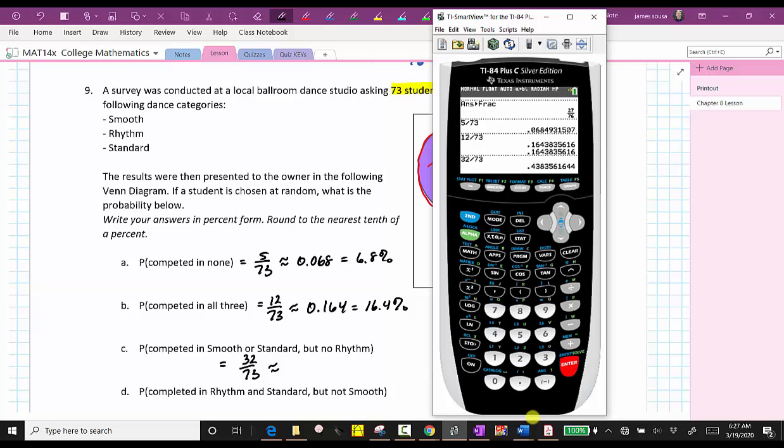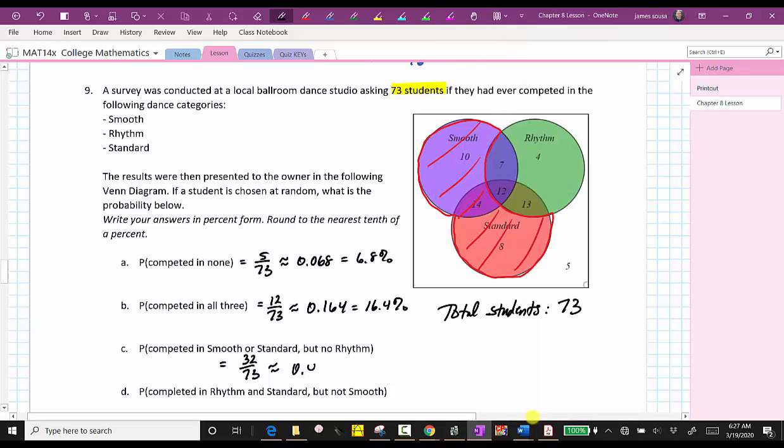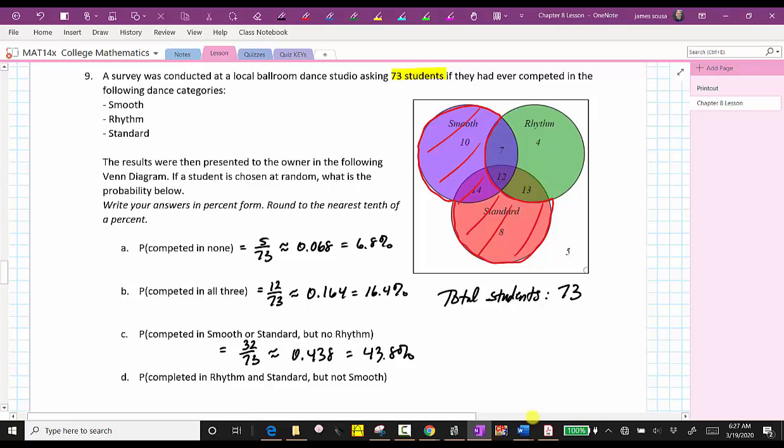To 3 decimal places is 0.438. We round down because of the 3 in the 4th decimal place. So 0.438 is equal to 43.8%. And for our last example, we want the probability of selecting one student, and the student competed in rhythm